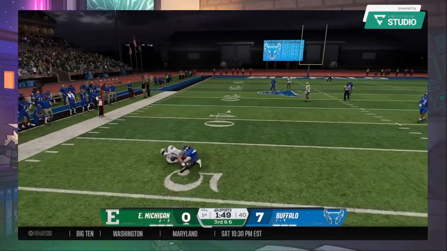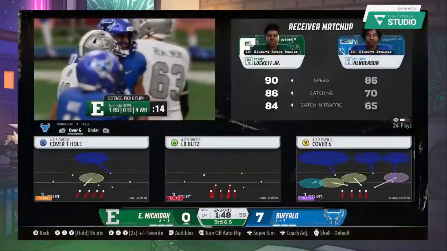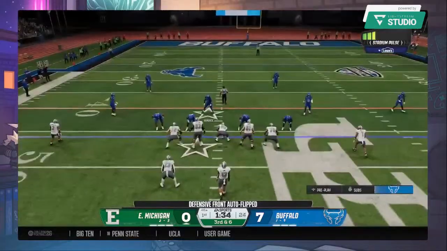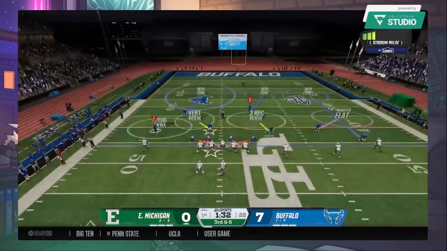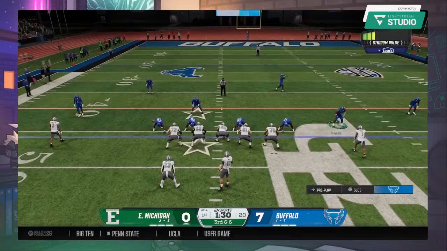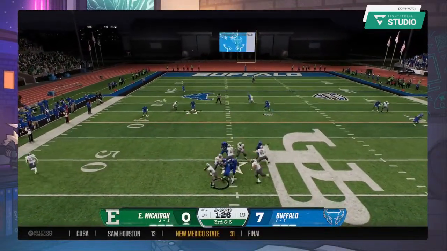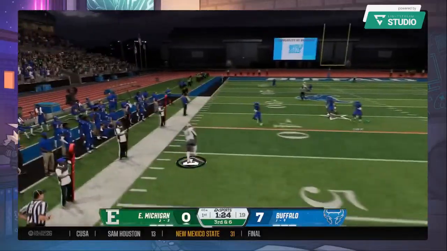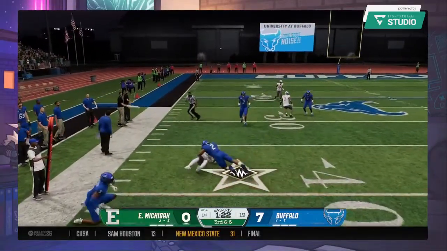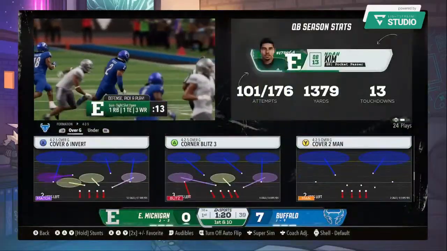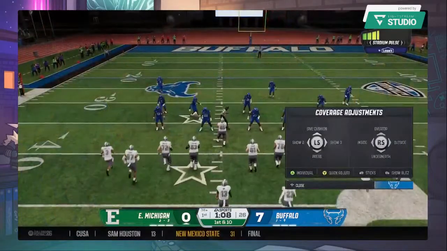Fires to the big fella. And just a short, safe pass play. They pick up a few. They need the 40 to convert here on 3rd down. Dropping back, it's Kim. Caught. Quick spin on the run. He gets it to the 38-yard line, and they'll pick up a fresh set of downs.